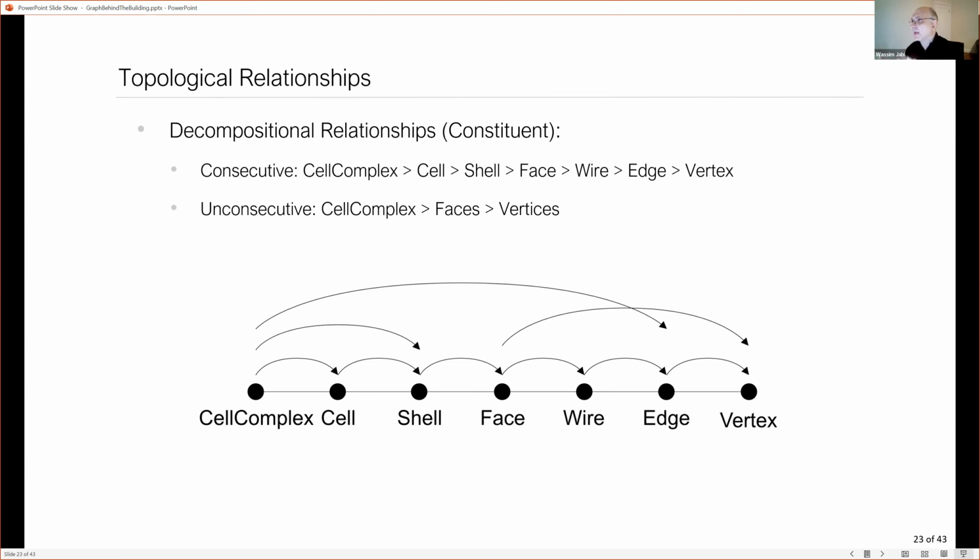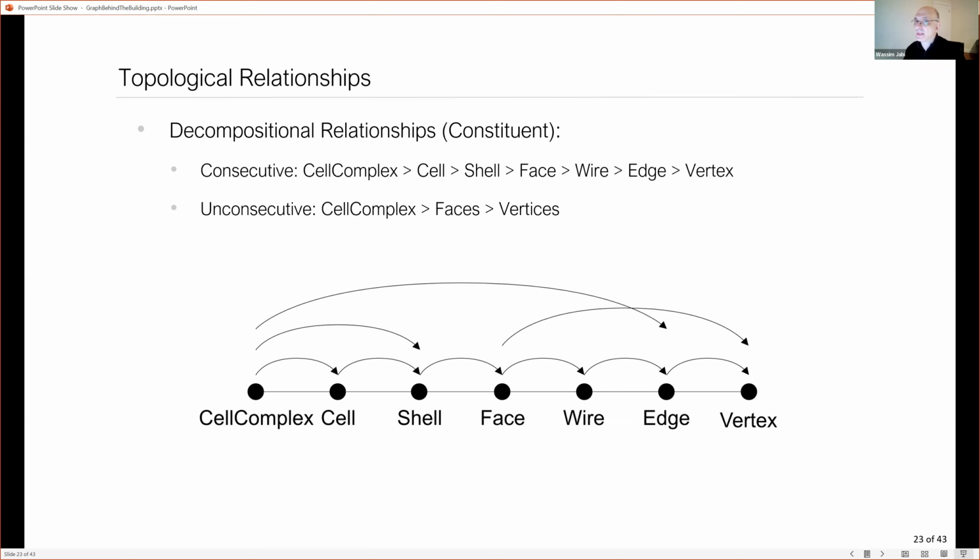No, I don't have to do that. I can just simply go for the cell complex and say, give me all your edges, because I want to do a structural model now, and I need all the columns and all the beams and all the linear edges in there. Just give that back to me, or all the vertices, because I want to put locators or something like that. So you can jump down really nicely.